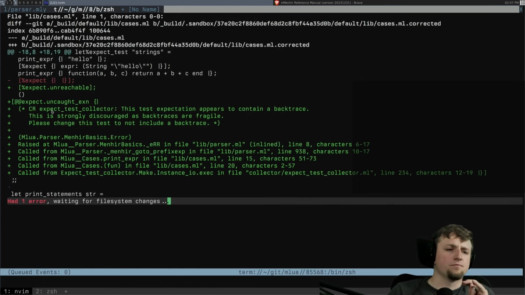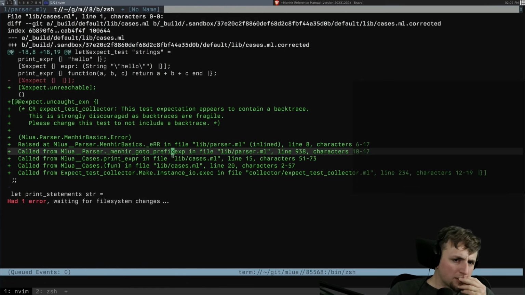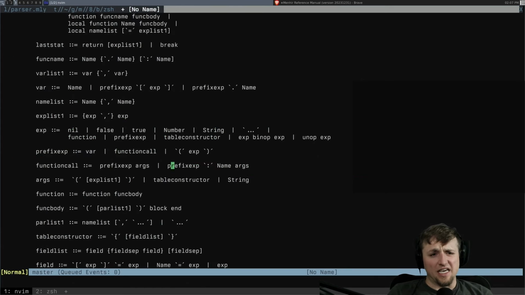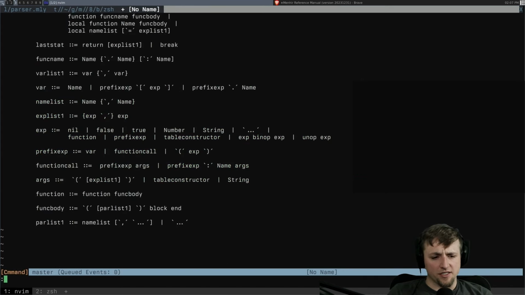Is there, like, I don't know. Go to prefix apps in libparser ml 938. Print expr fun. So I guess one option is we can go build